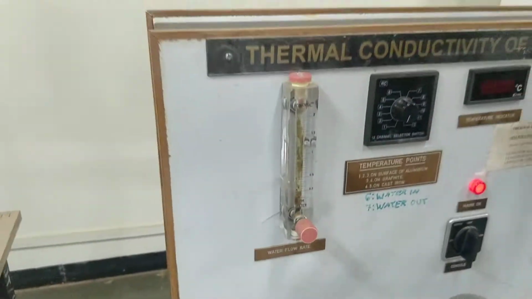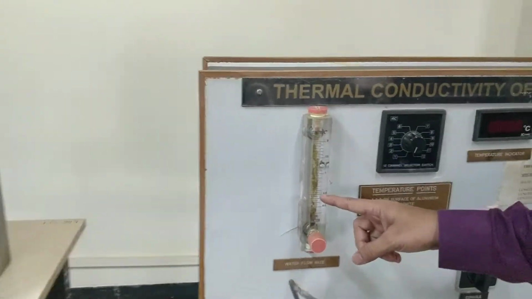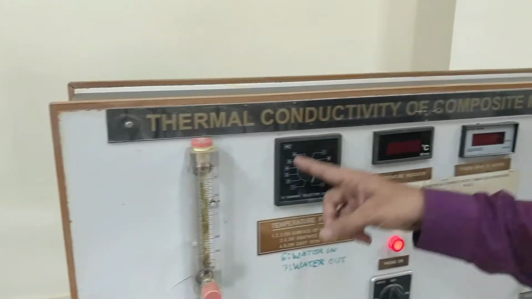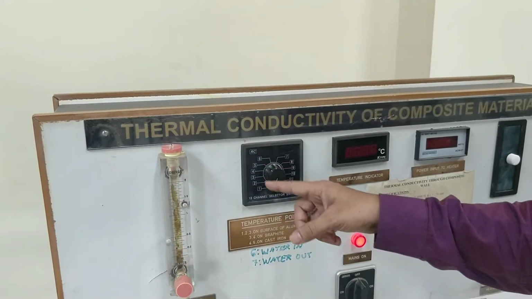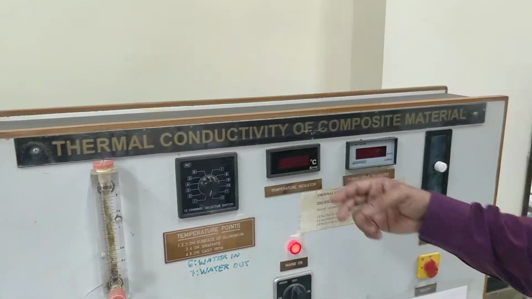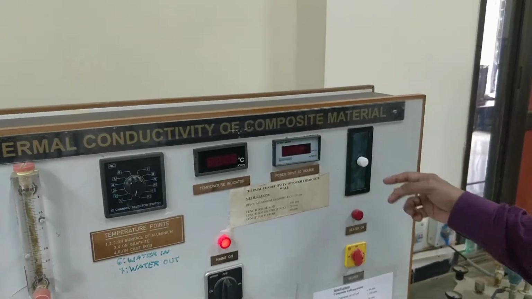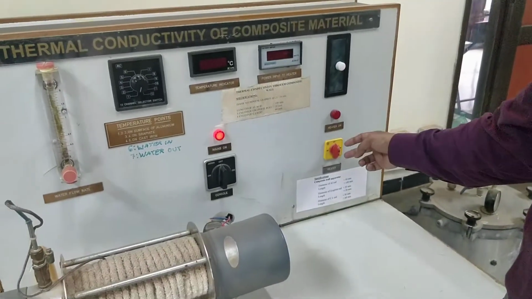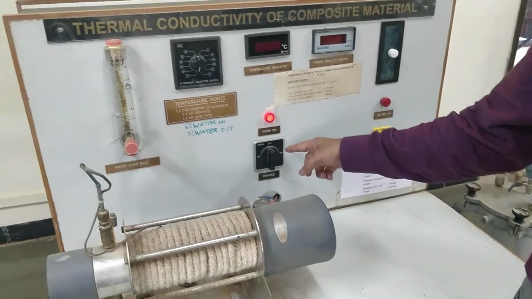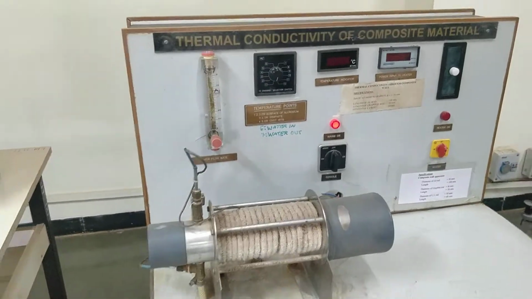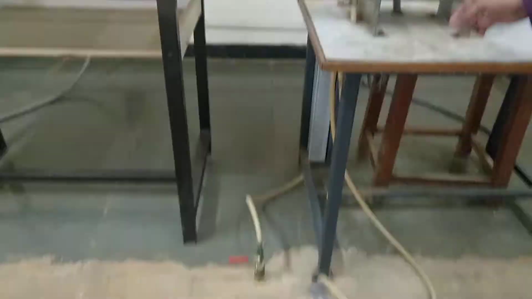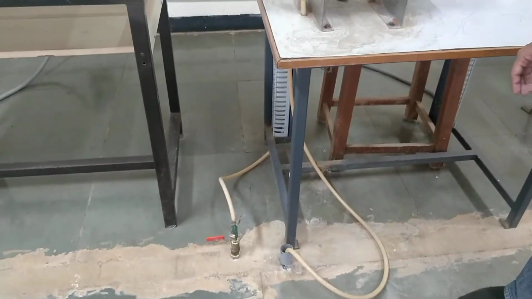In the same way as the previous experiment, we have the flow rotameter measuring the flow rate. We have a temperature indicator wherein we can measure the temperatures at different points. These values are displayed here. The thermostat input is displayed here. This is the thermostat turning on the knobs, and this is the overall mains turning on and off. And this is the water inlet valve into the apparatus.